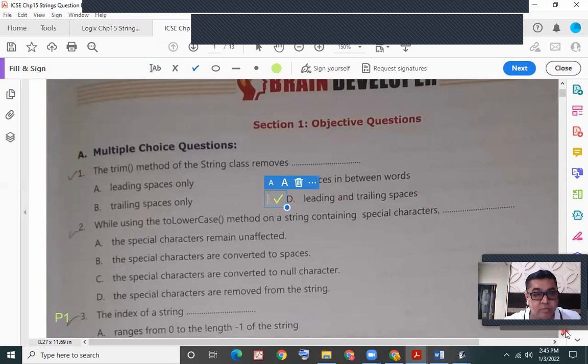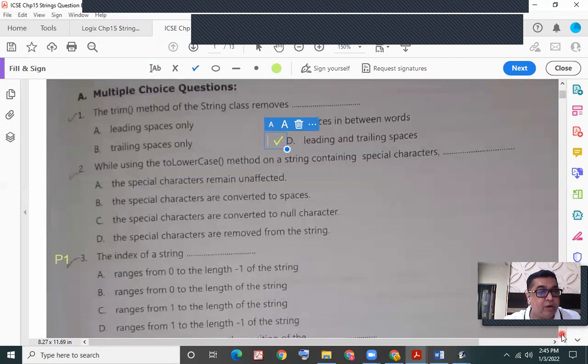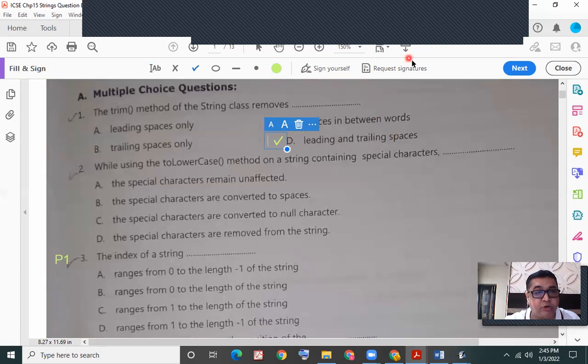Next question. While using the toLowerCase method, the one which converts all the characters to lowercase, on a string which contains special characters, what would happen to the special characters? I'll just give you the suggestion of a string. I'll type a string, and we are using the toLowerCase method to convert it.